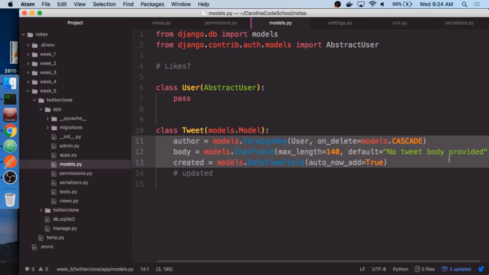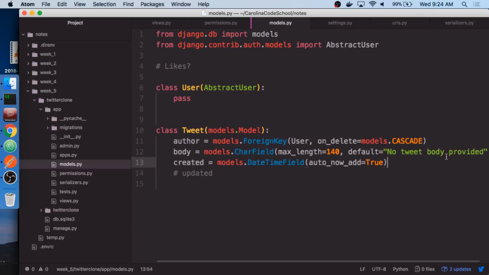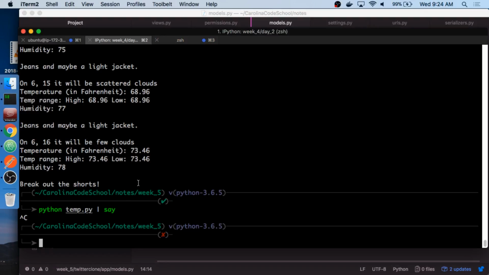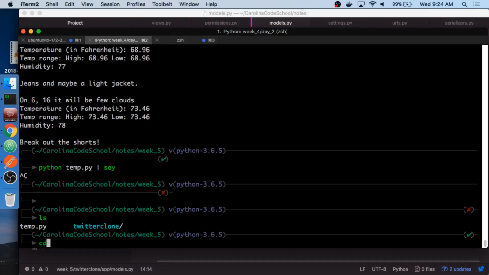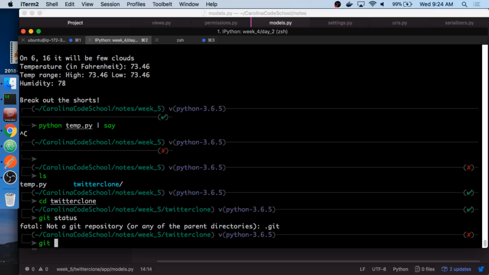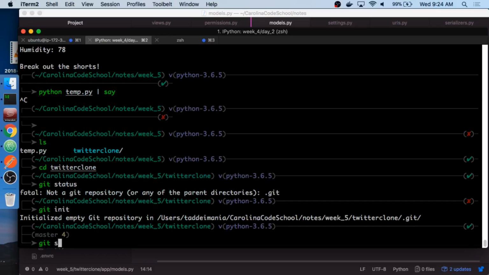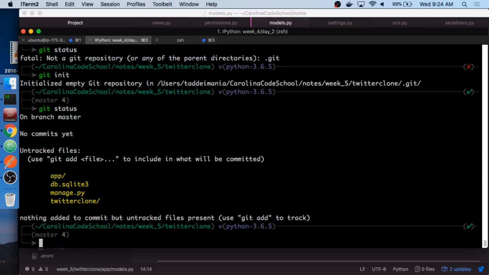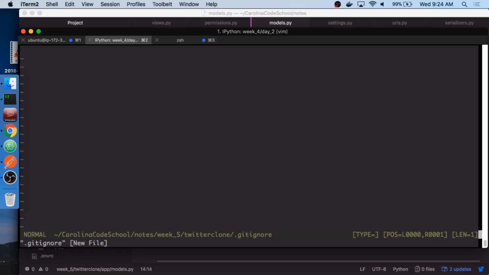Okay? Can you upload this to GitHub so I can have all of this stuff? Yeah. I should start making commits then. Let me go ahead and ignore a couple of files.